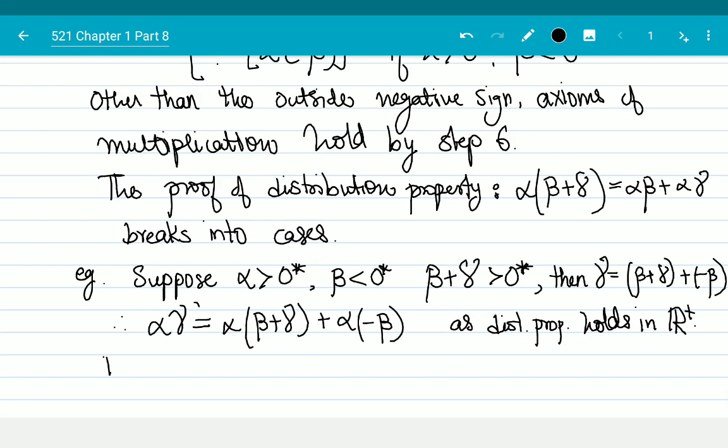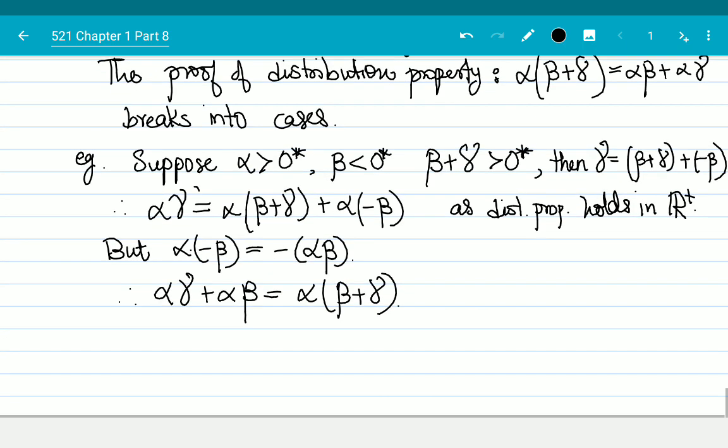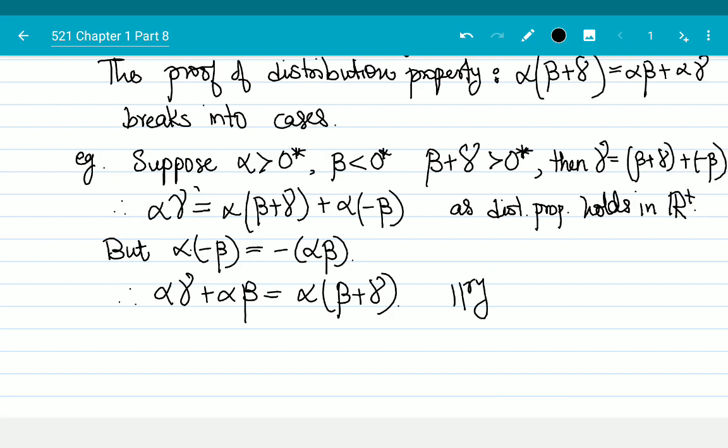However, alpha times minus beta is actually just minus of alpha beta, right? Therefore, rearranging, alpha gamma plus alpha beta is equal to alpha times beta plus gamma. Similarly for other cases. Okay, and so we prove that R is a real field,